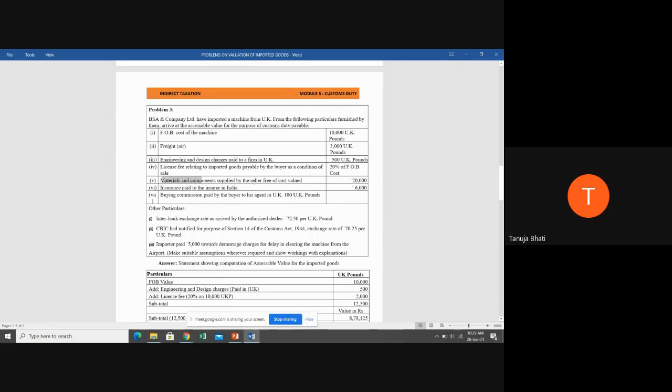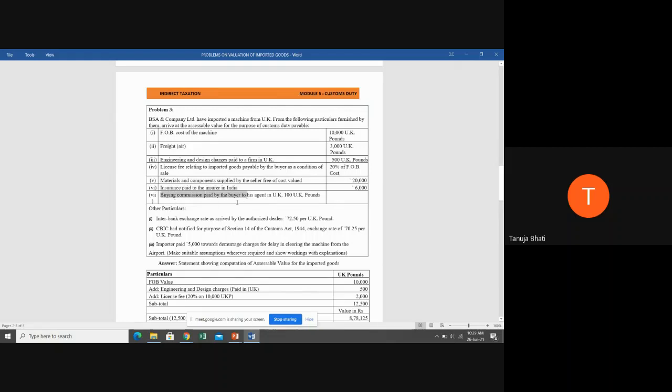Next, materials and components supplied by the seller free of cost, valued at 20,000. Should this be added, students? No, ma'am. Okay. Next, insurance paid to insurer in India, 6,000 rupees. Should this be added? Yes, ma'am, it should be added. Next,